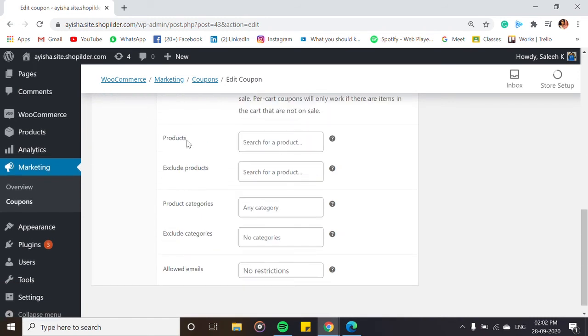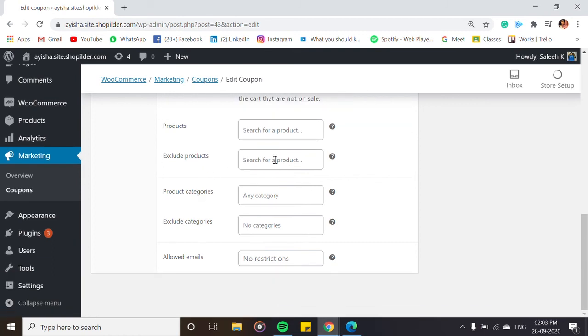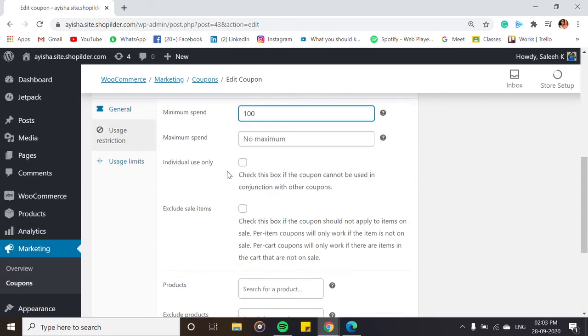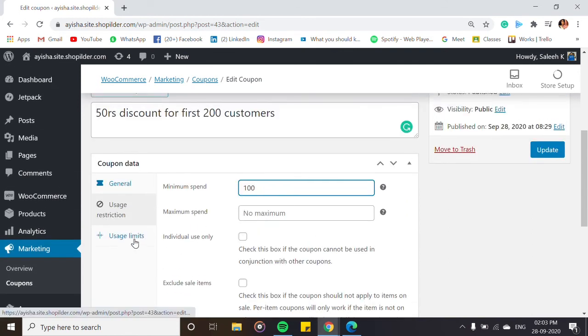If you want the discount to apply to particular products, add those products. If you want to exclude some products, like sale products, they should be given here.